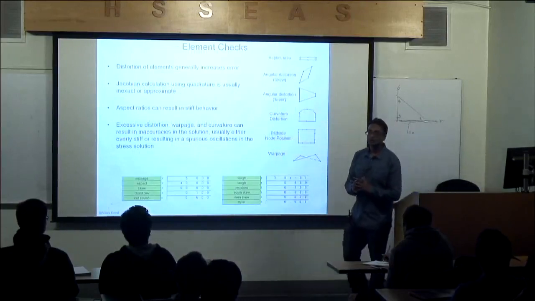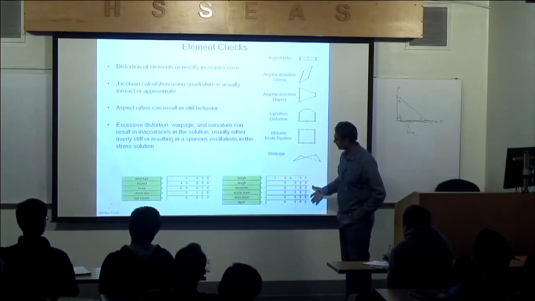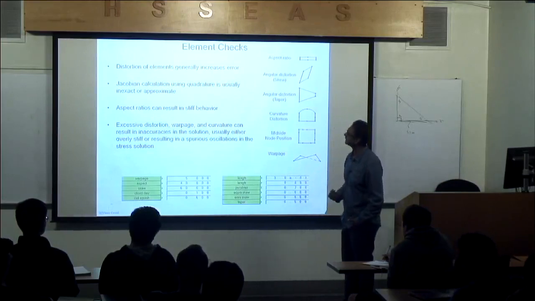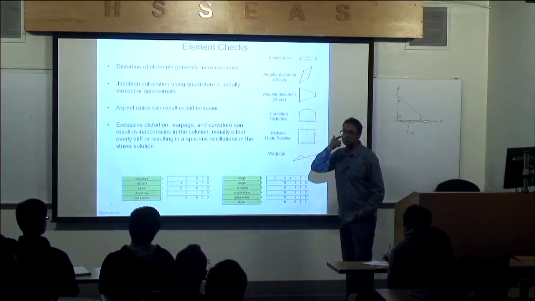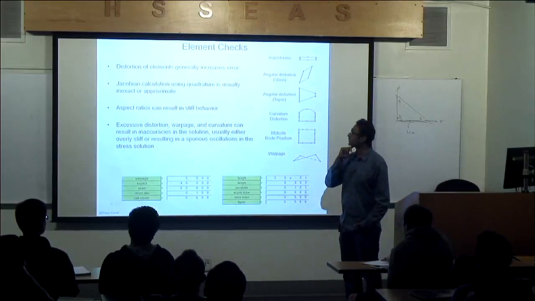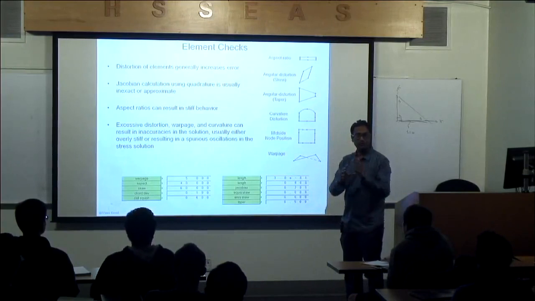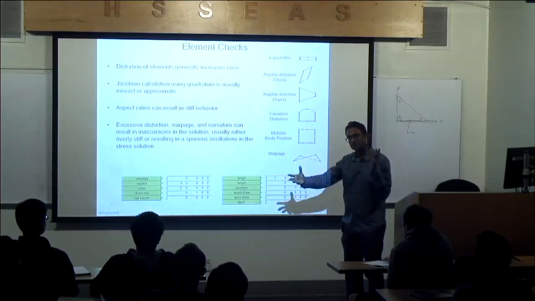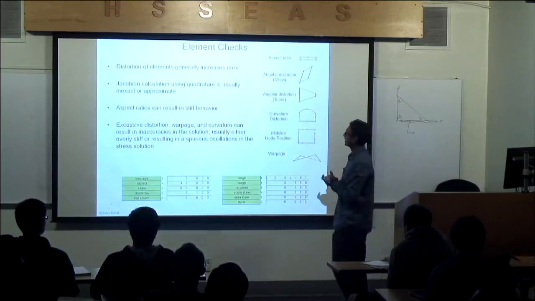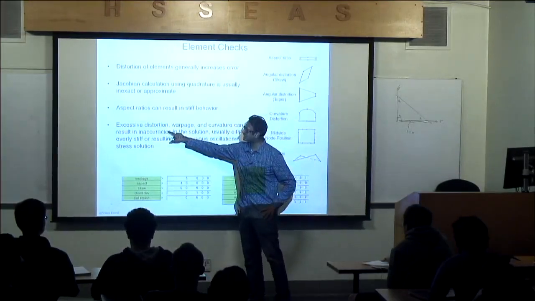So element checks. Element checks are very important. These came from Hypermesh. These are their standard numbers that they provide you for element checks to make sure they're of good quality. Distortion of the elements will generally introduce error in the solution. The Jacobian calculation usually will use quadrature, so it will be inexact. The better approach is to have elements that are as regular as you can to the standard element. And aspect ratios can result in stiff behavior,